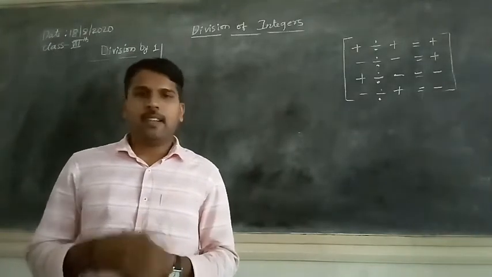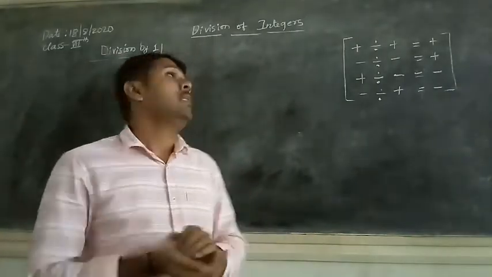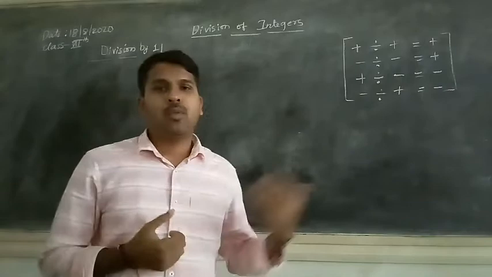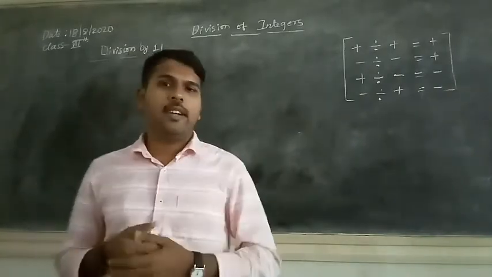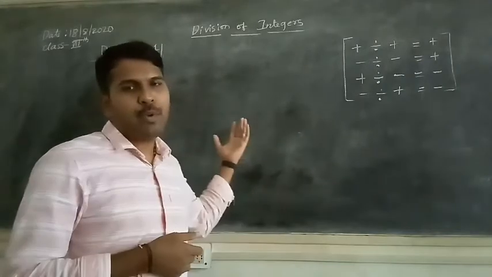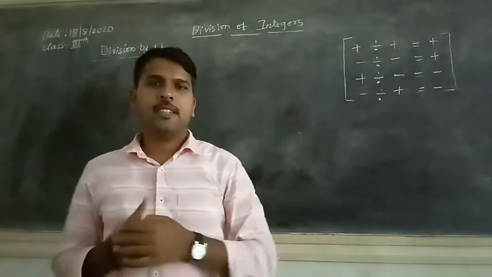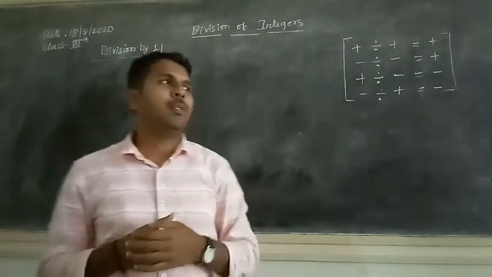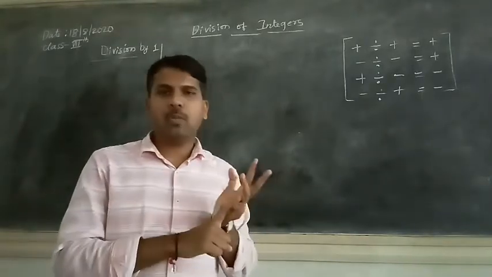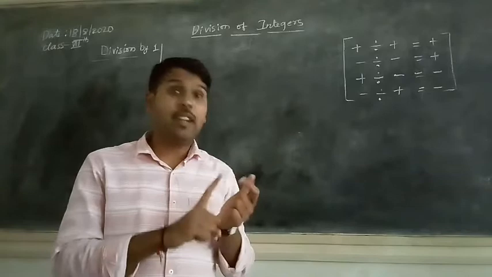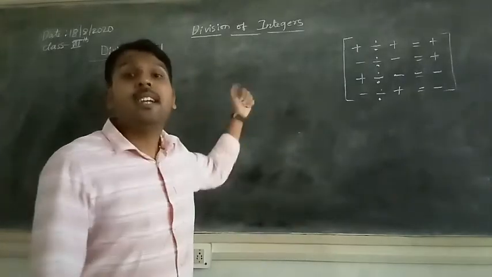Hello my dear students, in the last class we discussed one problem of exercise 1.3 and division of integers and one property, that is the closure property. Closure property does not hold for integers, and I gave homework as to whether the commutative property and associative property under division hold for integers. Does it hold? No, it does not hold for integers. So closure property, commutative property, associative property and even distributive property also do not hold for integers under division.